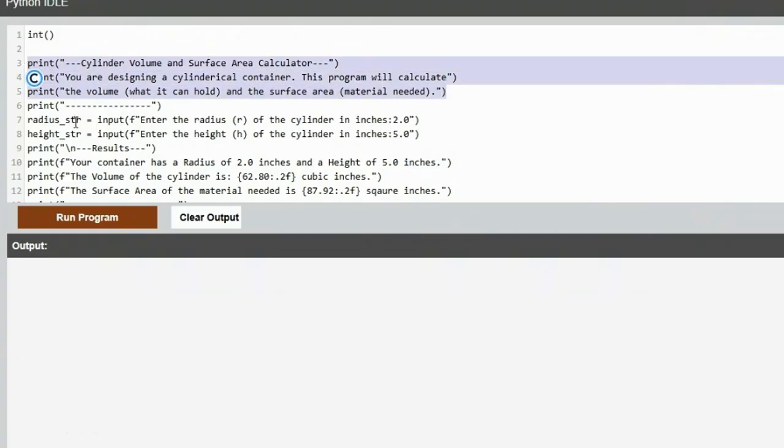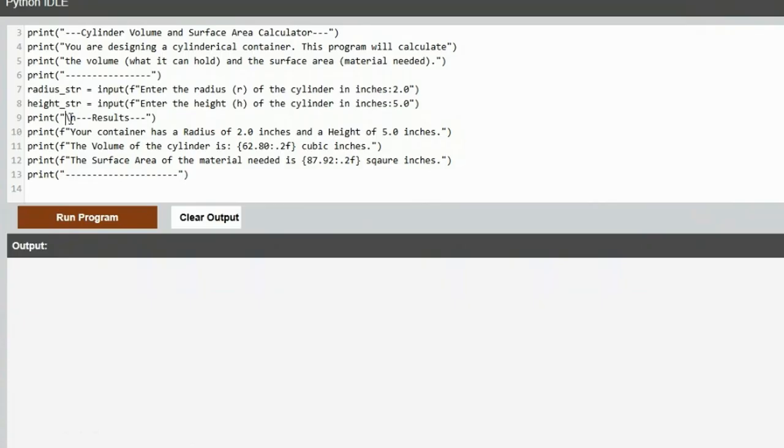Then you are supposed to ask the user for the radius and height. Ask the user what is needed for the calculations. That's great. You enter the radius. You're asking the user to enter the radius and enter the height. I don't know what this is, 2.0 and 5.0, because I don't know what size the user's cylinder is. Maybe I'm going to use this candle I have sitting under my desk or a can of Coke or something. I don't know. And then you got this print \n result.